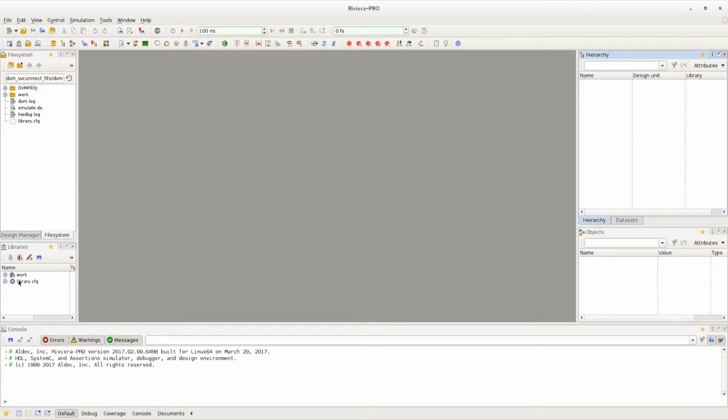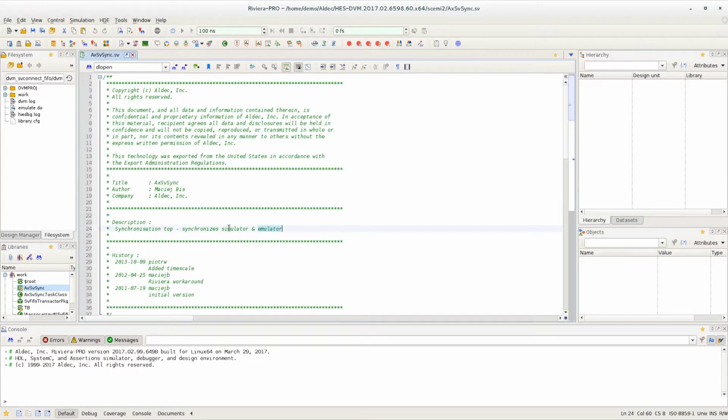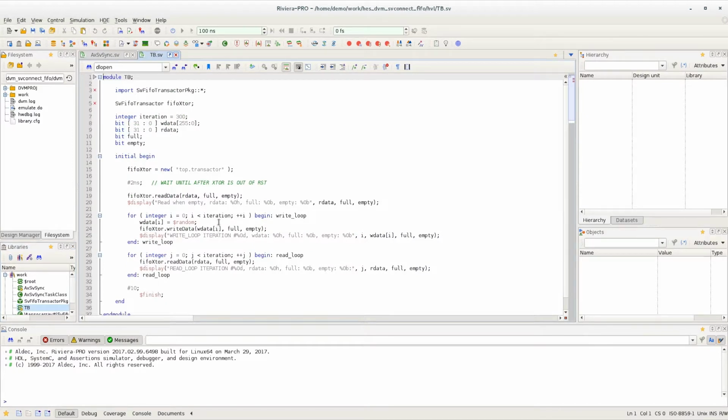There are two modules which need to be initialized at the top level. The first is an AXSV sync module. This module is provided with DVM and forms the bridge between simulator and emulator. The other is the test bench. The test bench will perform a write loop and a read loop, as well as use the write data and read data functions from the BFM to stimulate the FIFO. And we can also see some display statements here, which will be outputting to the console as the test bench